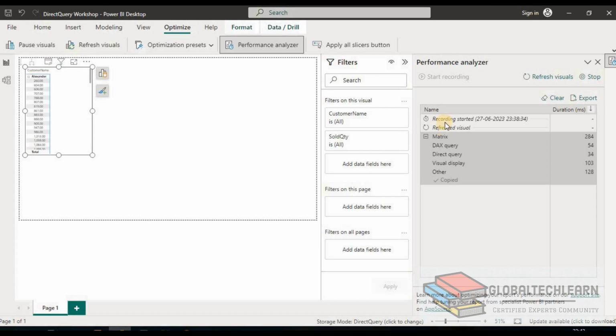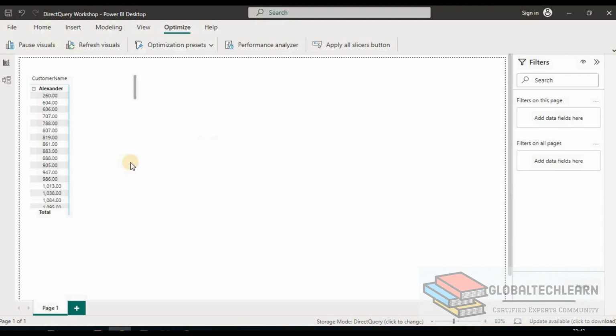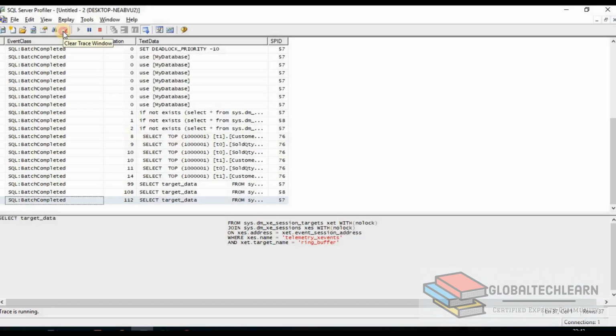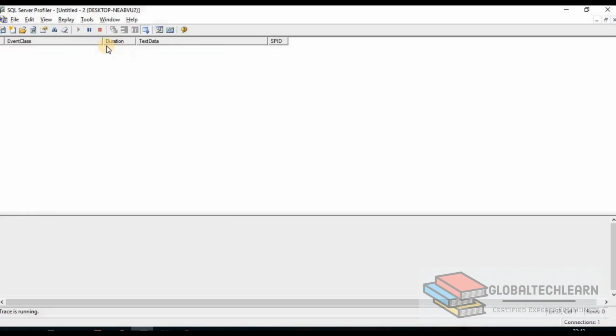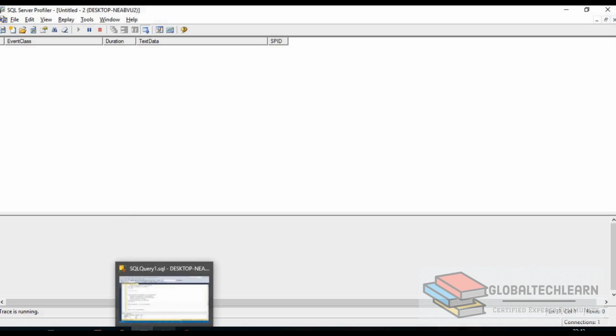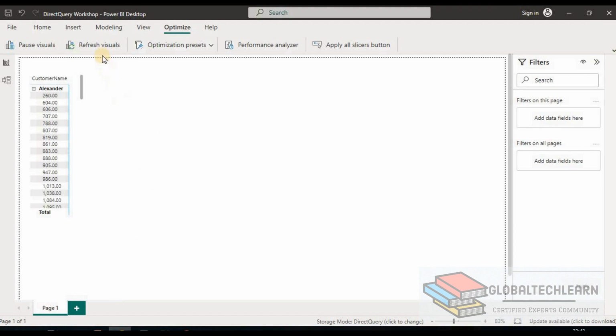Now, this is one way to get the query from Power BI, and this is the easiest way. But let me show you the other way that I usually prefer. For that, I have started SQL Server Trace. I have already started the session and I have cleared the output, so now we have a blank session here. What this tool will do is keep monitoring the source database, and it will return all the queries along with the execution time for each query. So let me go back to Power BI and refresh these visuals,